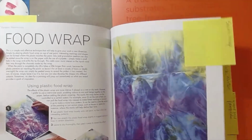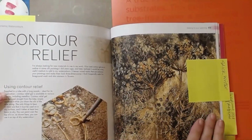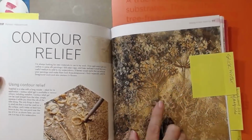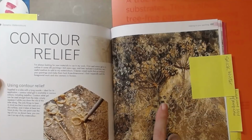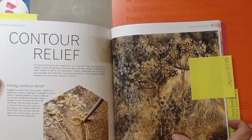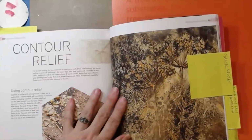And that's not something I think I would do all the time. This is the one that Colleen did that was starting to do like contouring. I like the idea that you might do like an emboss something and then watercolor, like not just the gold leaf, but this was like, I thought about using